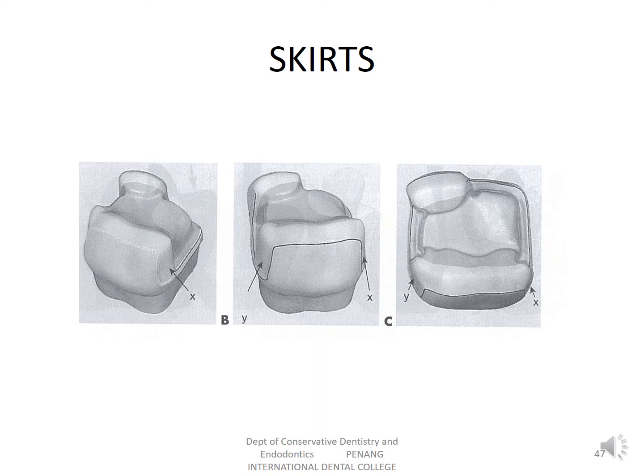Skirts are usually not given on the facial mesial surfaces of maxillary premolars and molars, to prevent the metal from showing when the patient is smiling. For aesthetic reasons, we do not give skirts on the mesial surface of the maxillary premolars as well as molars. It can be given from the maxillary second molar or on lower molars.